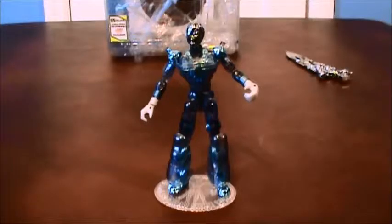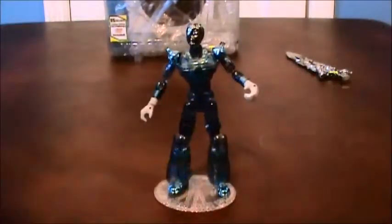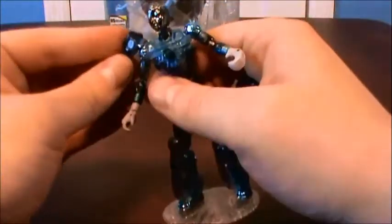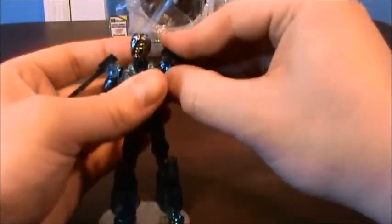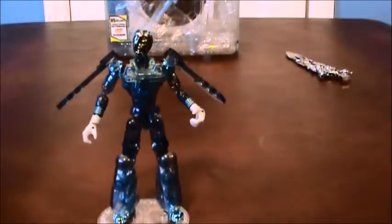Then we'll do his shoulder bits, that are these blue parts on the sides of these cannons. And those peg in here and up here as well, because they have a set of 3 holes at the end. These, the big bulgier parts, use that port, and then go on the shoulders. And then he gets